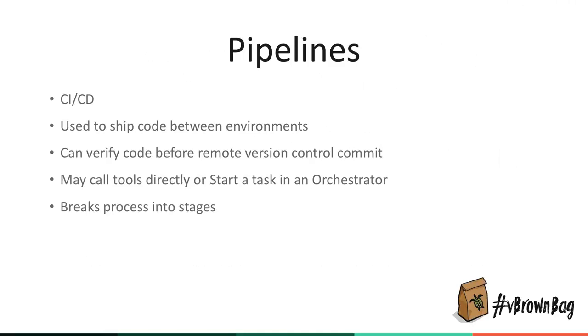So pipelines such as Jenkins are usually used to ship code from one environment to another, and they can be fairly difficult to learn depending on how well you grasp it. So they're a big part of that CI/CD pipelining. And part of this is, from a low level or from a high level point of view,